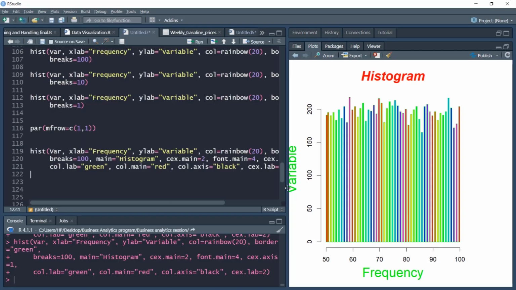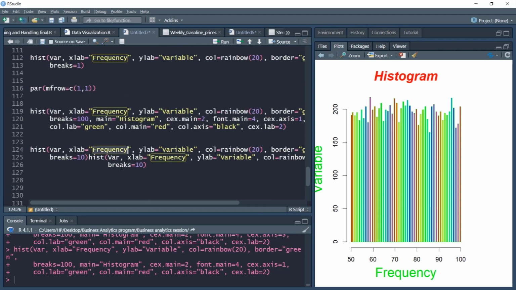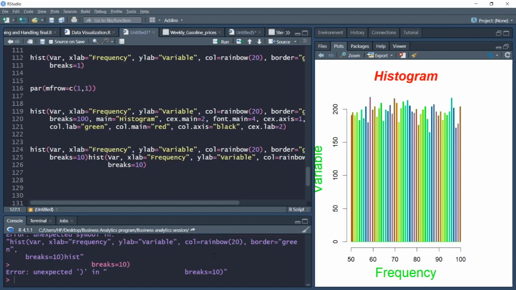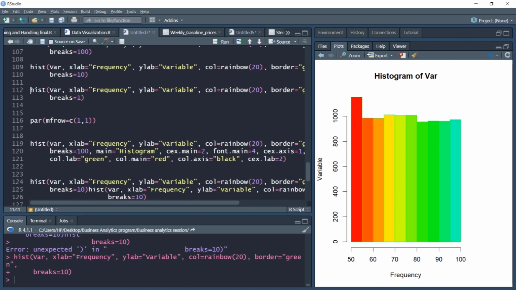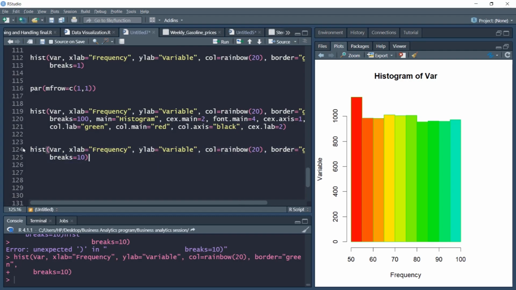Now, many times you need to plot multiple plots in one window, or sometimes you need to add numeric labels on these plots. So for example, I'll make use of the original hist command. If you remember, when we plotted this, we had 10 breaks, so we can see those. That is the plot we got. I'll put it again. So this is the plot.